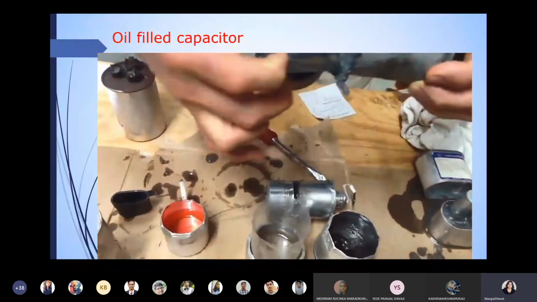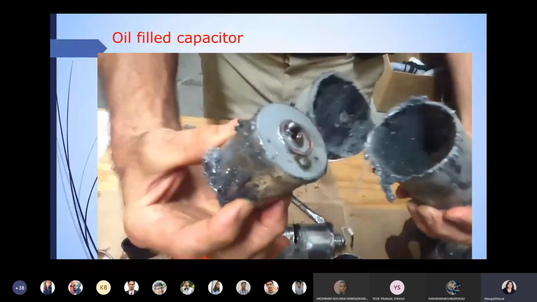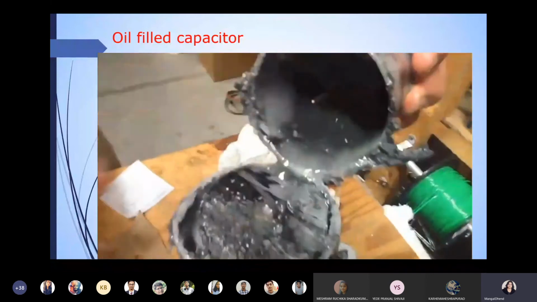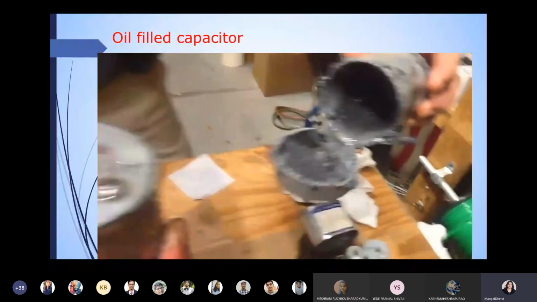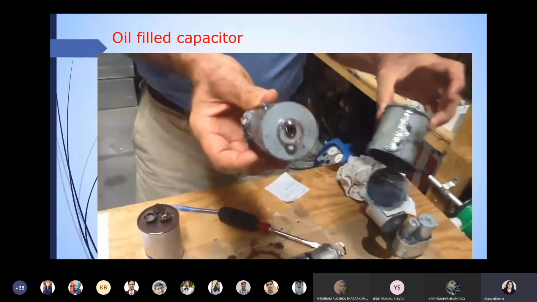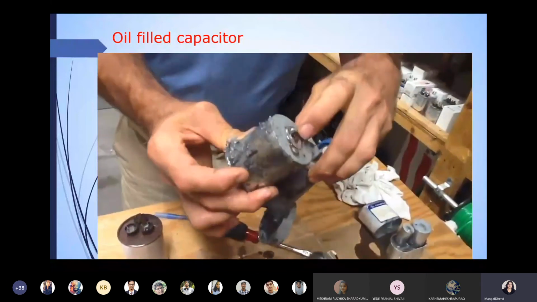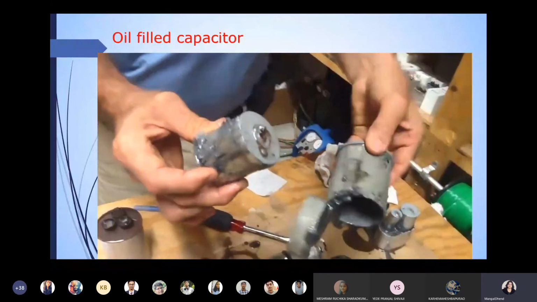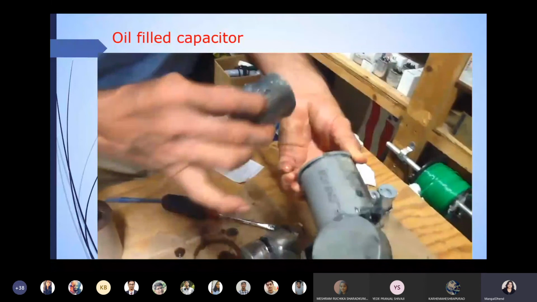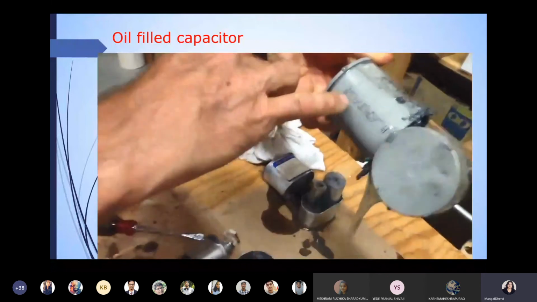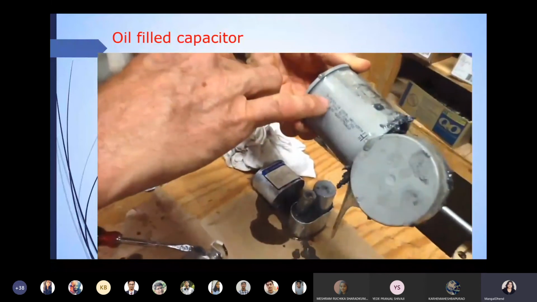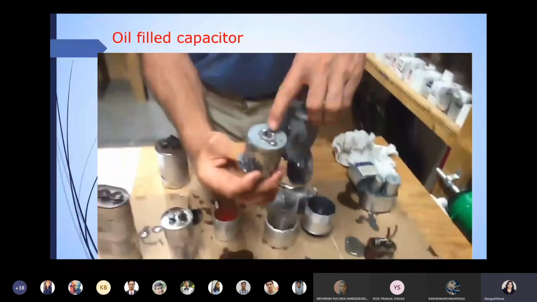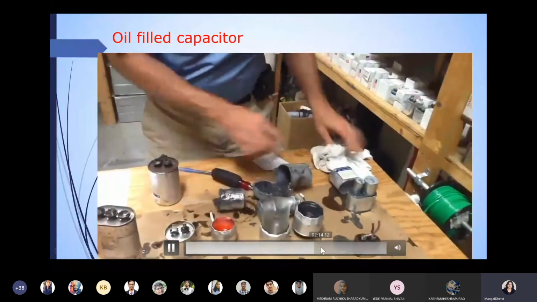Once again, I'm just going to pull this out for you. So the metal goop. This one here just happens to have a little rod down the middle because the capacitor itself is down the center. So you have your single capacitor in the middle and you have your large capacitor in the outside part of it. This one here is a 35 microfarad capacitor. So the 30 is on the outside and the 5 is on the inside of this one.